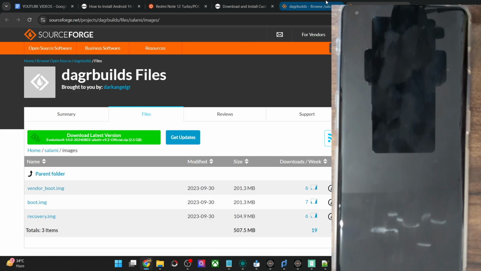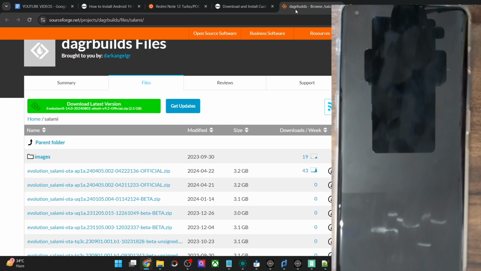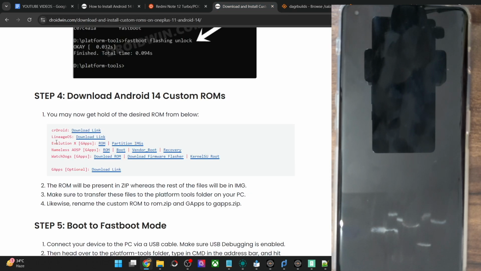So if you end up flashing the partition file onto this Android 14 ROM, then your phone will end up in a soft brick or even a hard brick state. So that is why we will flash the Evolution X ROM using the CR-Droid recovery. This is because the CR-Droid ROM is currently up to date with the latest firmware and recovery. So we will use the firmware and the recovery of CR-Droid ROM to flash the Evolution X ROM. So as of now, simply and only download the Evolution X ROM and do not download any partition file.